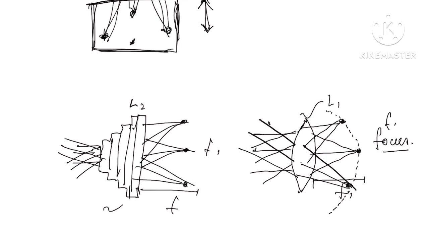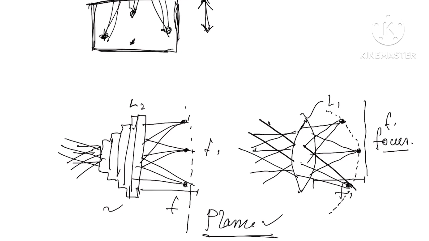And the locus of all the focuses is a straight line or a plane. This is the main advantage of using an f theta lens. Now let's think about it. My substrate is always a plane, right? And over this substrate, if we are making a part from this end to this end, if we are using a normal lens, it will not be capable of pointing the laser beam everywhere with its